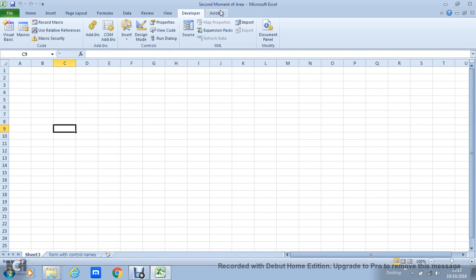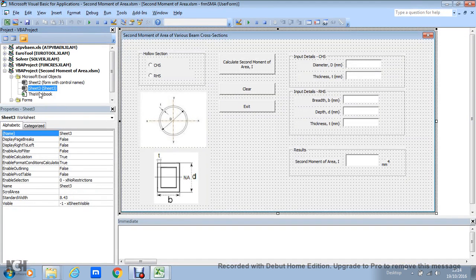In this video we're going to look at an application that works out the second moment of area of a number of different cross sections. These are hollow sections, but they can be any sort of section. So in this first example, if I go to the code, we have the form already set up,